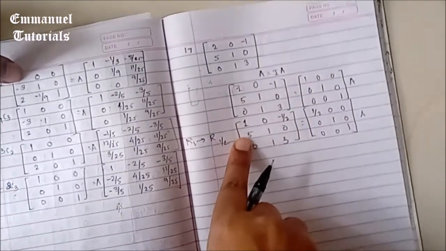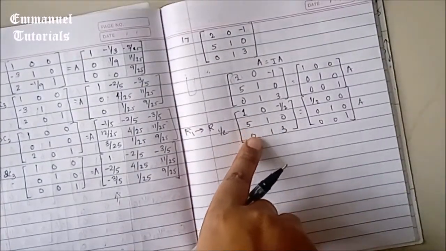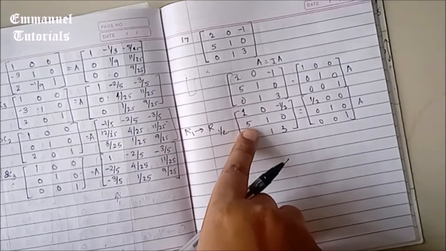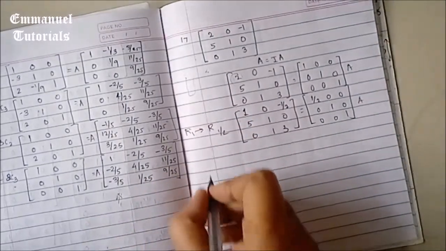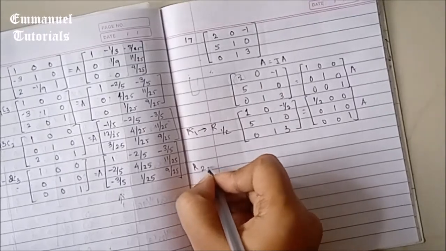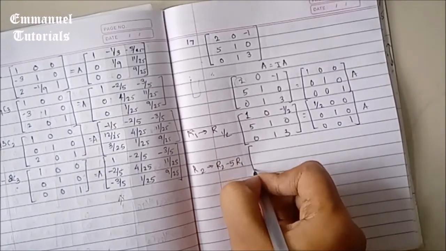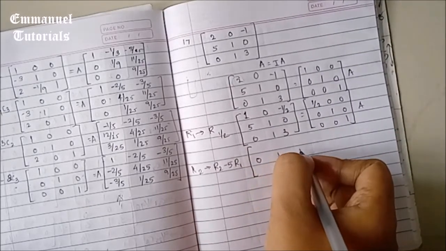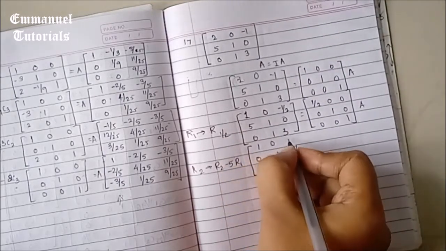Now we go to the second one. Now this is 5. To make it 0, what we can do is use the first row, so 5 minus 5 times R1 will give us 0. So we'll do R2 is R2 minus 5 times R1. So it will be 5 minus 5 is 0, 1 minus 0 is 1, 0 plus 5 by 2 is 5 by 2.